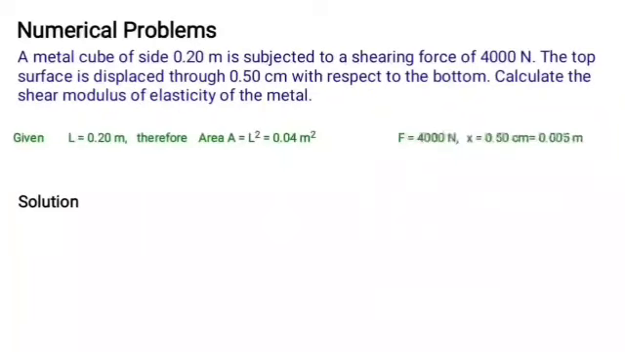The given things are: length is given, which is equal to 0.2 meter. Hence, one can calculate area of cross section, which is equal to L square, which comes out to be 0.04 meter square. Force is given, 4000 Newton. The value of x is given. Displacement 0.5 centimeter, which is equal to 0.005 meters. It is asked to calculate shear modulus,